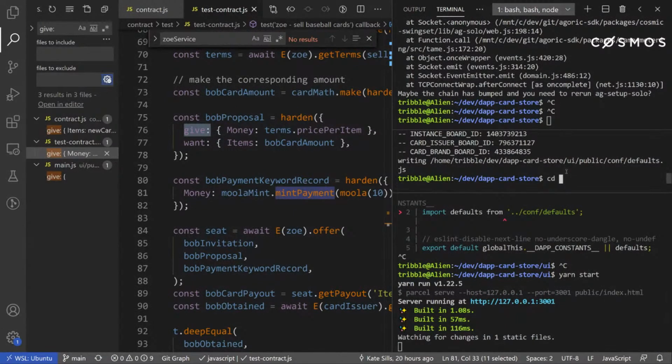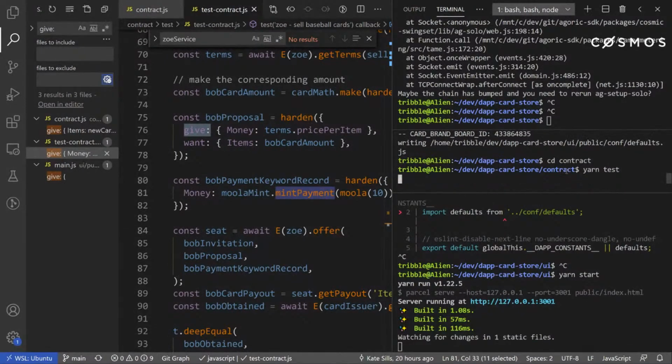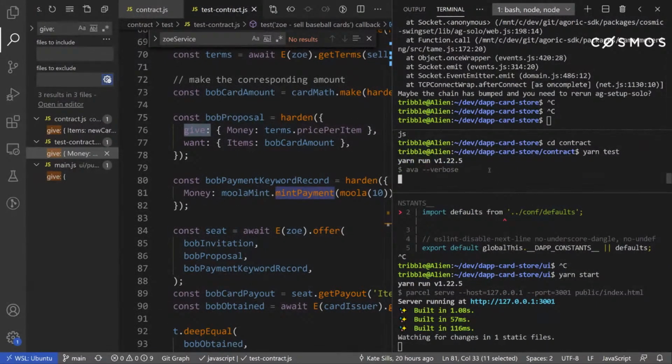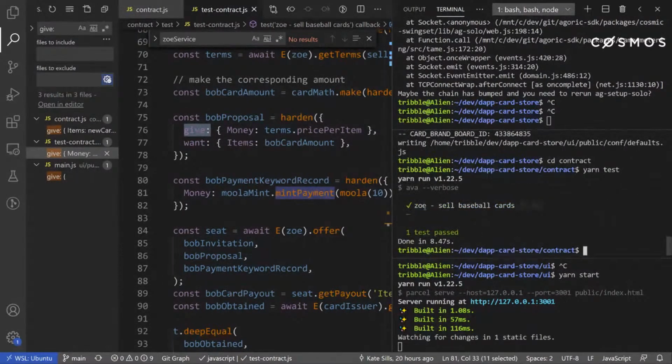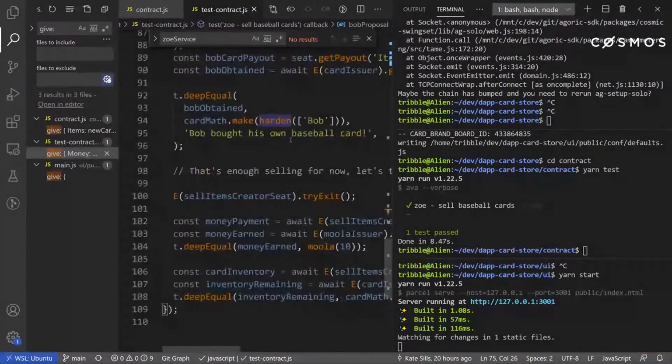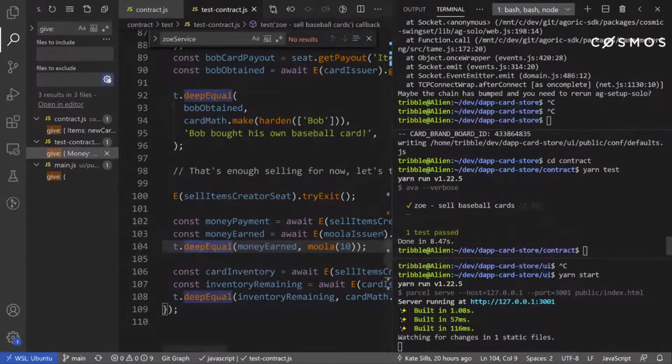I'm going to change to the contract directory. And if I say yarn test, you'll see that it runs Ava. Ava is a standard high-end test infrastructure. And behind the scenes, it's kicking off a test. And that test is all of this code with several different assertions on the state of things that happened during this thing. All of our systems are of this flavor, and it runs for supporting TDD,